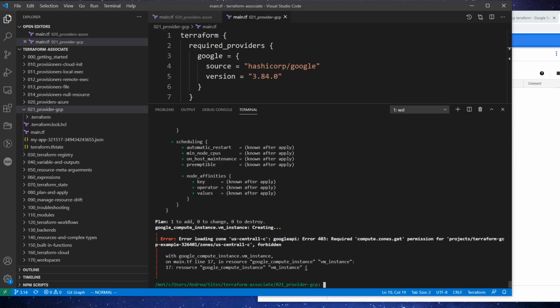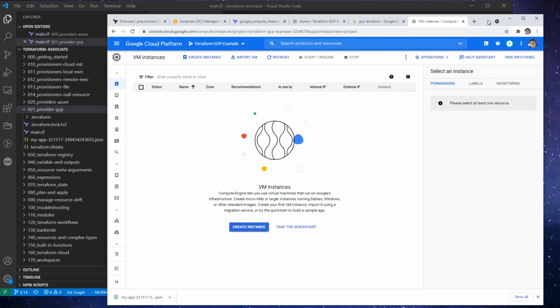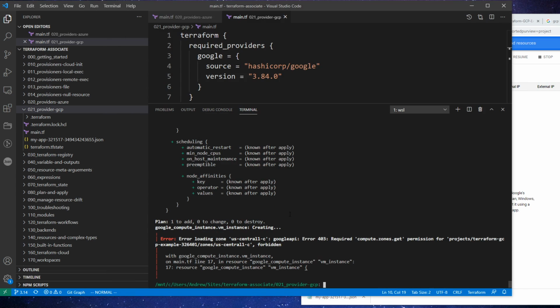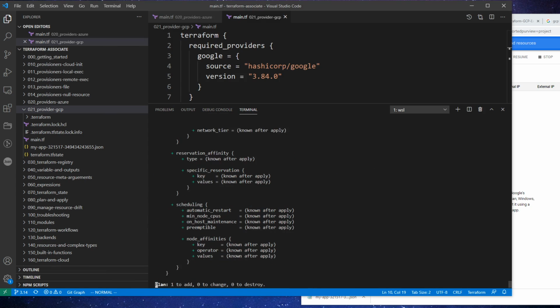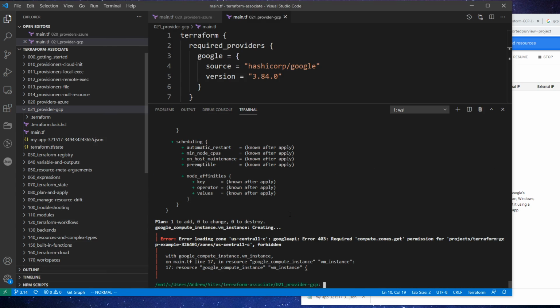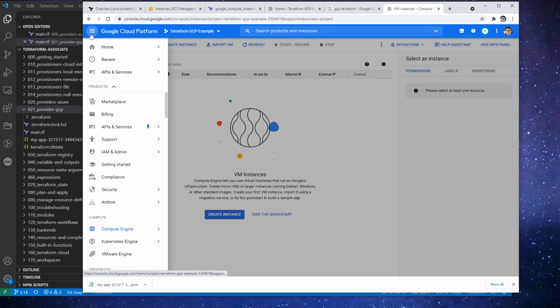Is this enabled yet? Required compute zones get permission. Forbidden. Well, I'm an owner, so I should have everything. Okay. At least this is enabled now. I'm going to try this one more time, just in case the permissions were still enabling there. Okay. So if that's our problem,